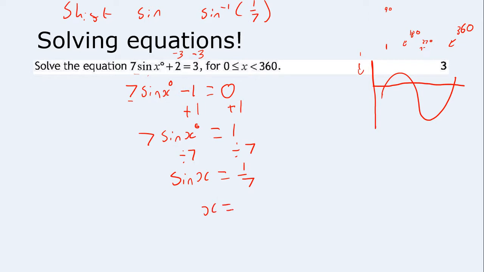And when you do that on your calculator, so shift sine 1 over 7, that's going to be 8.2 to 1 decimal place. Okay, so what that's telling us is that this point, where it first crosses the x-axis, is going to be the point 8.2. So we're going to use symmetry here, but this time we're not going to use the symmetry of 180 degrees. What's important in the sine graph, so I might just zoom in and draw you a little bit of this